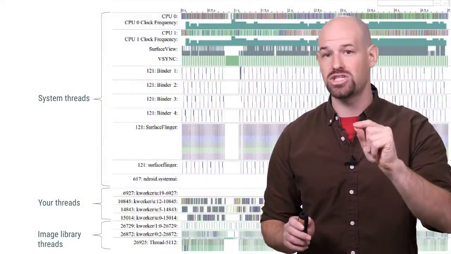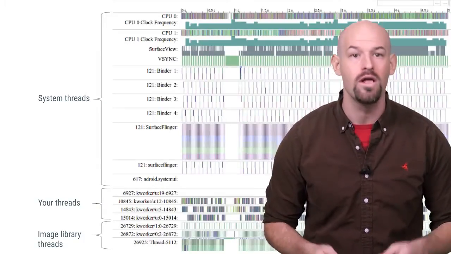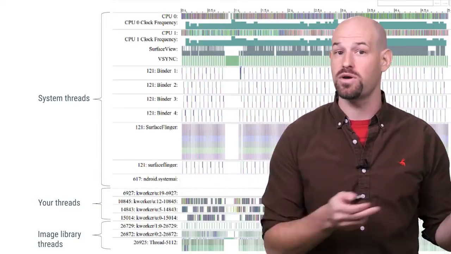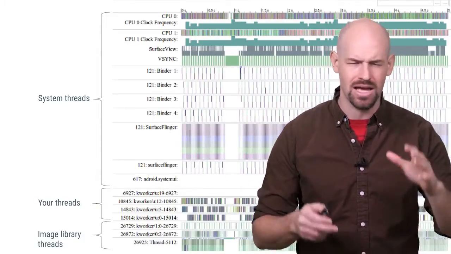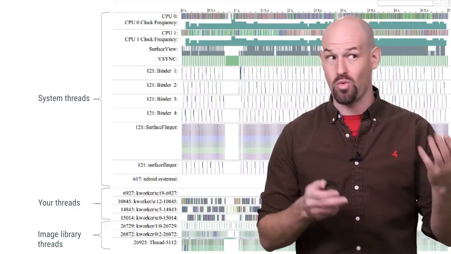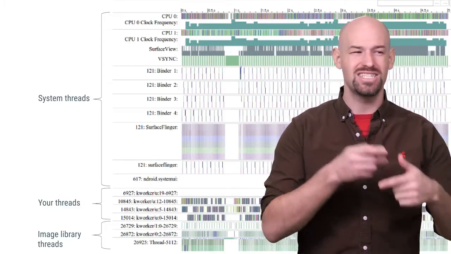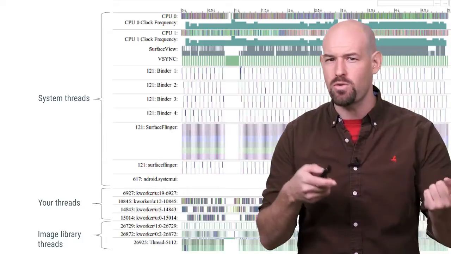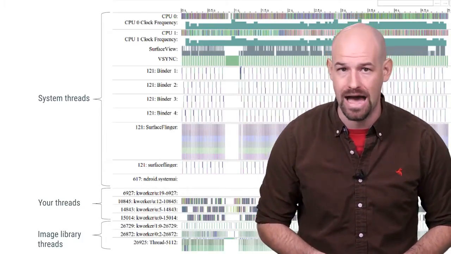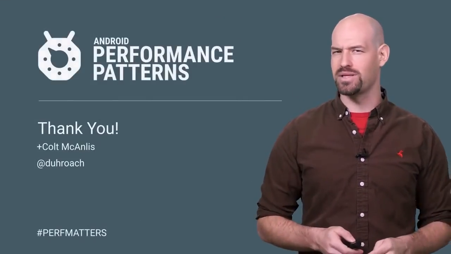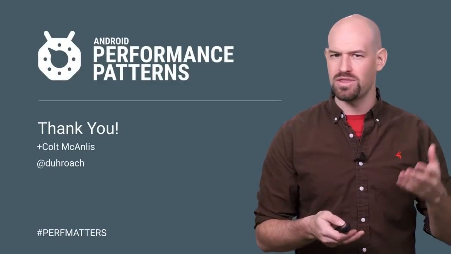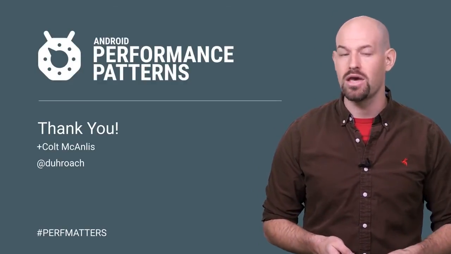And don't forget that Systrace is an amazingly powerful tool that lets you visualize how work is flowing through the threads in your application. It's a great way to validate that things are working as intended and also see all the other crazy threads that are being worked on by other parts of your app. And that's the trick with performance, isn't it? I mean, you can make assumptions, but things don't always work the way you think,